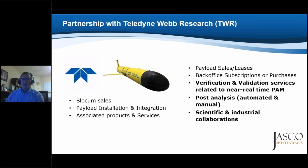So a bit about this partnership with Teledyne, which I'm so excited about. This is truly a win-win relationship. I think Teledyne is equally excited about it. For Teledyne, this is all about selling their incredible capabilities, their incredible vehicles and platforms. They sell these vehicles, and they sell our product for us,